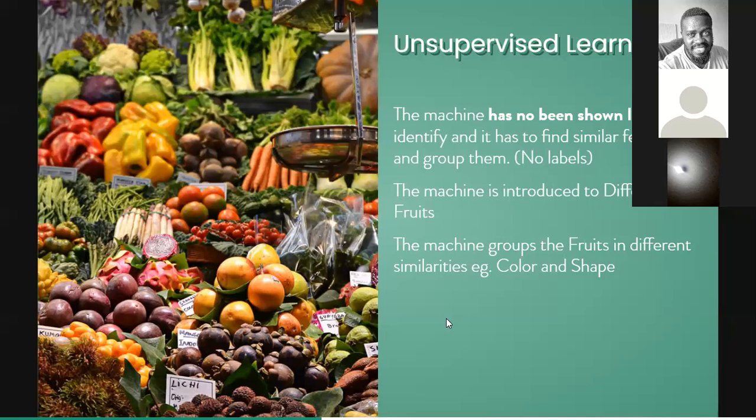So the only thing the machine can do at this point is to group. It will try to look at it: apples are red, these are fruits in red, put them aside. These are fruits in orange color, let me put them aside. These are probably purples, or these are probably beetroots, let me put them aside. So in unsupervised learning, the machine is able to differentiate between different items on its own with no supervision. There's no supervisor telling the machine these are apples, these are oranges. It has to do it on its own. So it can decide to group